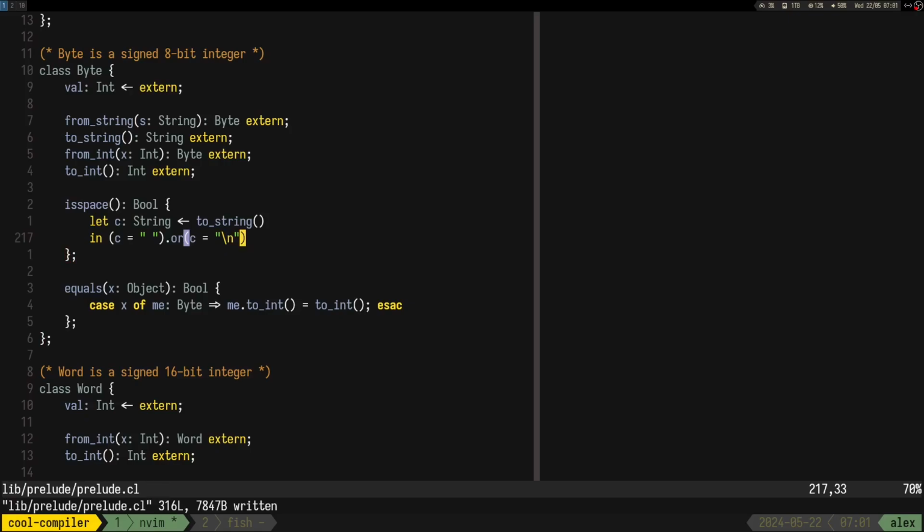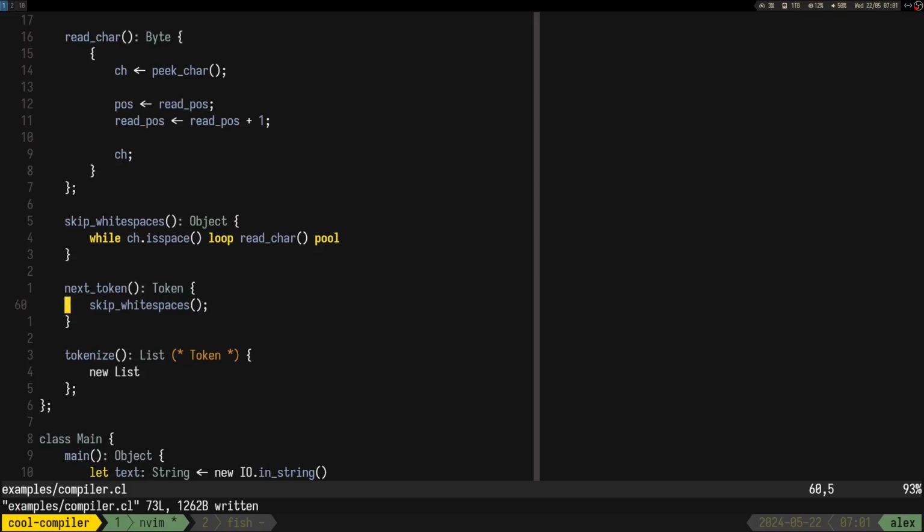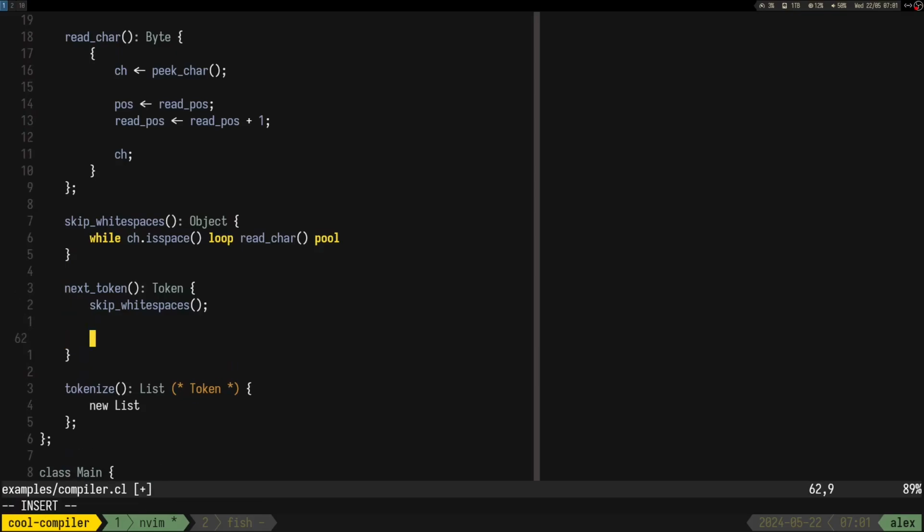If you use any other white space, then it's your problem. I'm just kidding, but let's keep it simple like that. So it is what it is. And then we need to have a really big if.